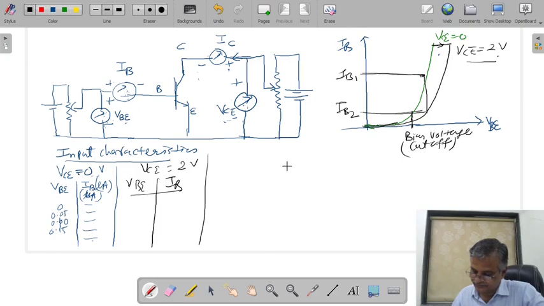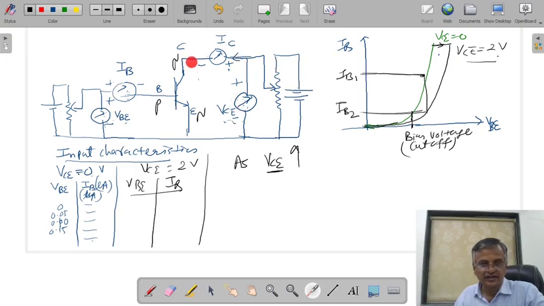Look here. As VC increases, this is reverse bias voltage at this point. This is your reverse bias at this point. I think you understand. NPN. This voltage is positive. Look. As positive voltage at this point increases, this is N-type material, so reverse bias voltage increases. As reverse bias voltage increases, you can see here in a construction,